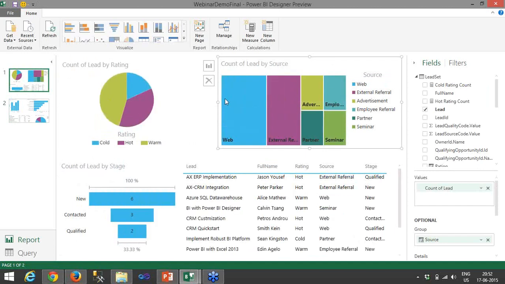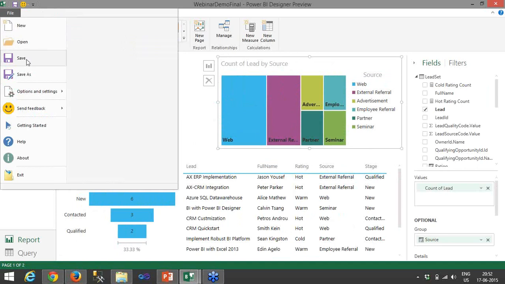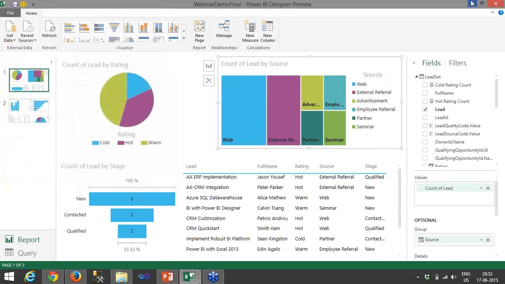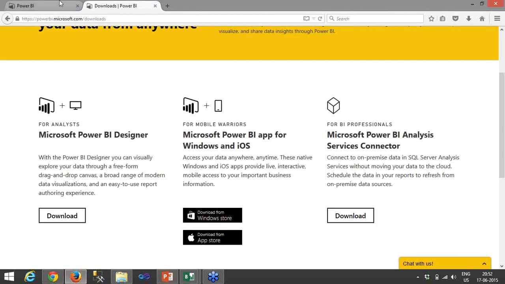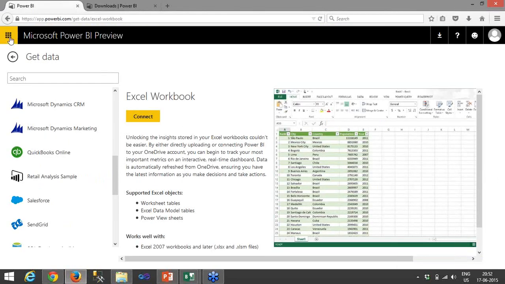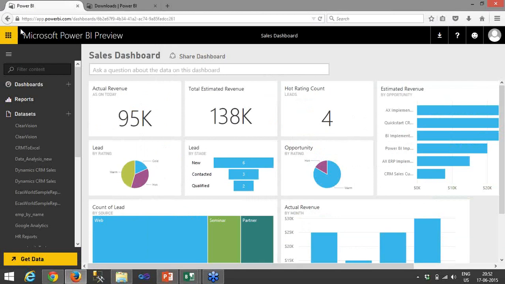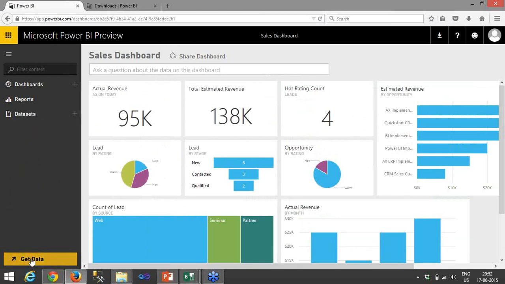Okay, so once this is done, we can save this Power BI Designer file. We have an option to save. Once we have saved, we can log in to powerbi.com and upload this report. So this is the interface for powerbi.com. You have an option to get data.